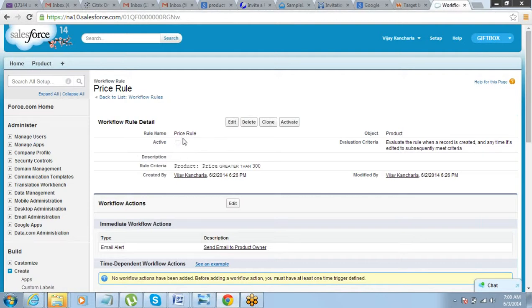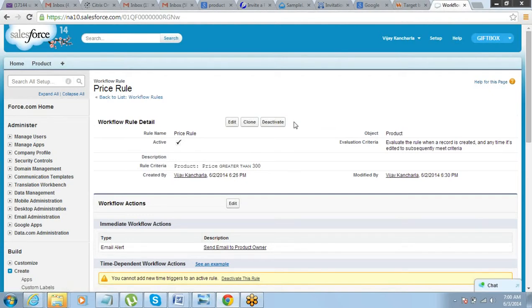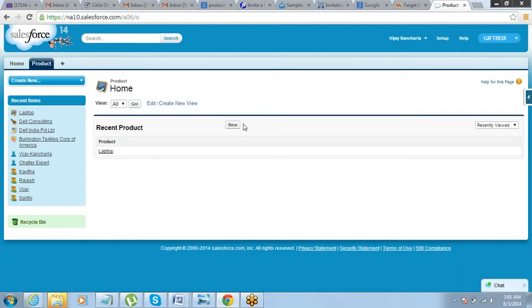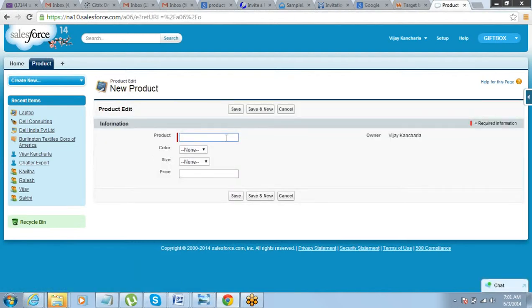Remember, we were talking about activating the validation rule also. Whenever there is a rule that we are defining in Salesforce, we always need to activate it. Or you can also deactivate it when you don't want that rule to work, right? So sometimes you don't want this rule to work, just deactivate it. But for this to work, first of all, we need to activate it. Anytime you create a workflow rule or validation rule and you want to test it, please go and activate it and then test it. So let's see. Rule activated.